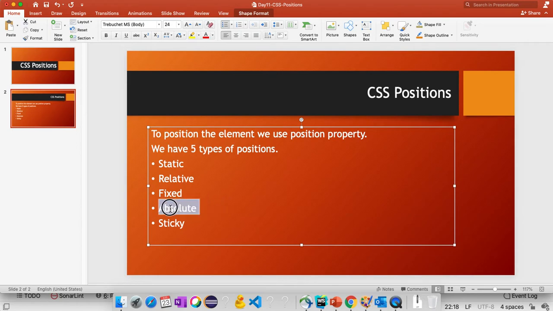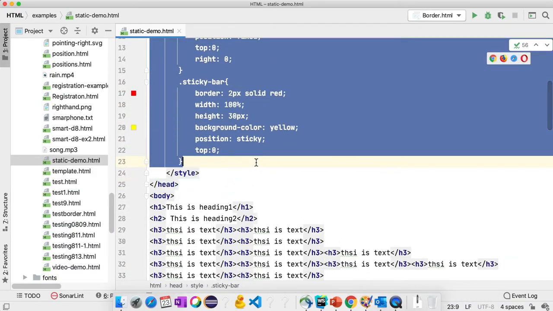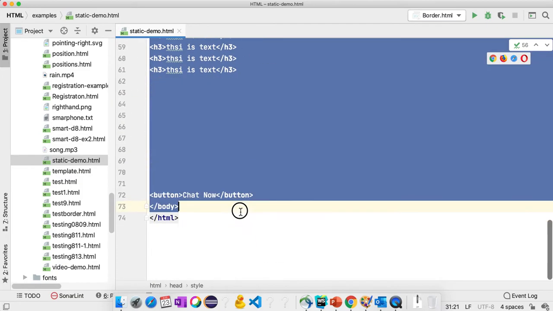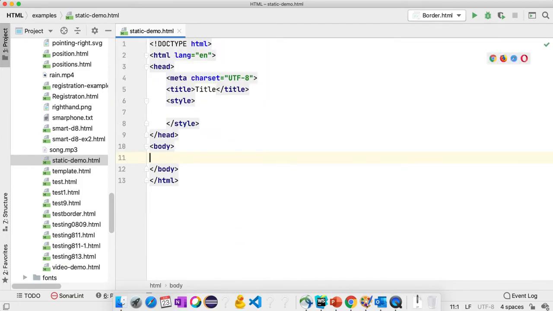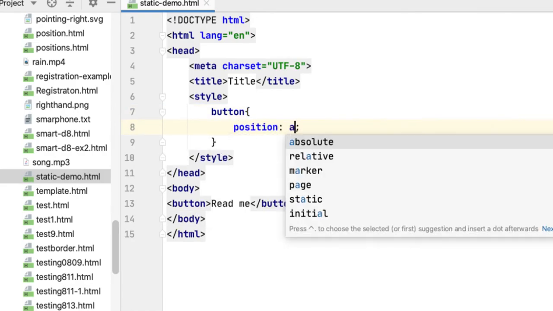So to use absolute position, I'm going to just take all this out to make it clear. Alright, so let's try to remove this. So first of all, let me create a simple button here, let's call it readme, and this button by default is static, right? And I want to make it an absolute position, so for button I can say position absolute.